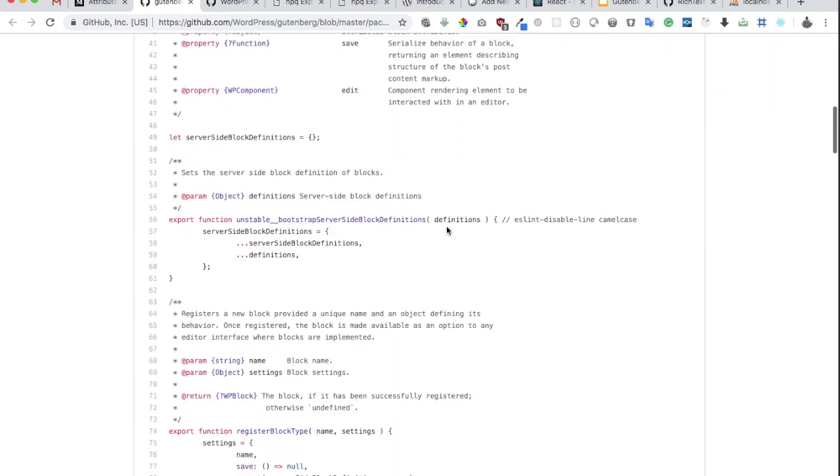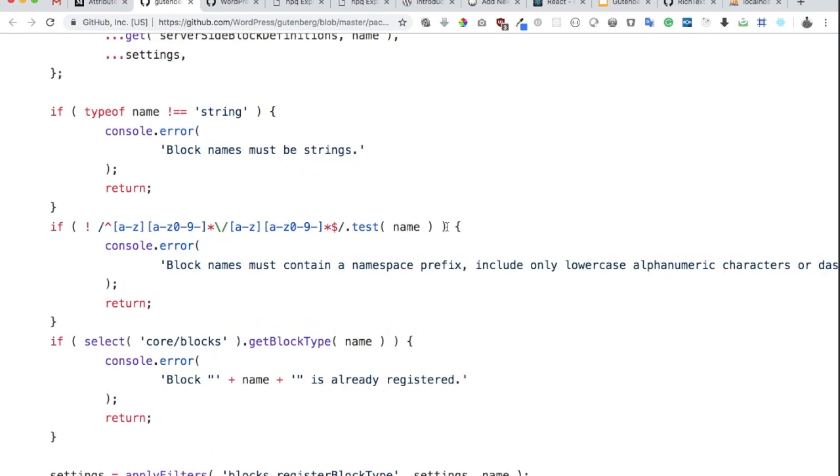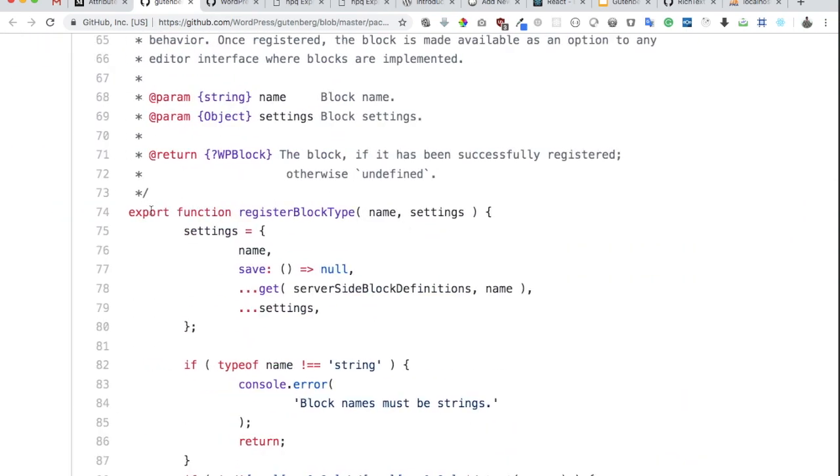So this is the file in which we are exporting this function. Export syntax is an ES6 syntax. It's used to export a method and make it available to the outside world. Okay, so we're using export, and then we're exporting this function, and you can see that it takes two parameters,